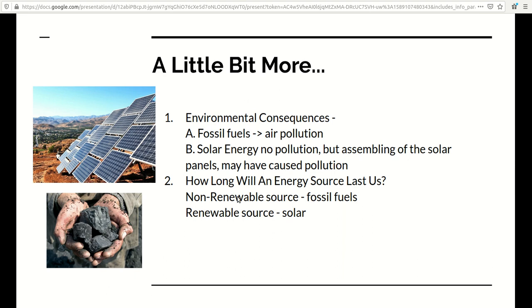Maybe you guys want to take a minute and think of the kinds of energies that you use every day, like we discussed in the beginning of the chapter. Think about those sources of energy and classify them into renewable and non-renewable sources of energy. It's just an exercise that you guys can do.